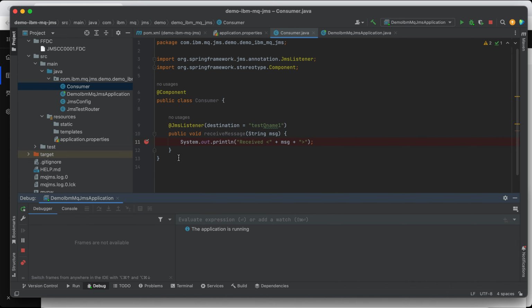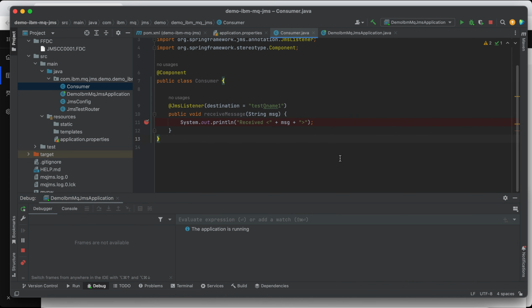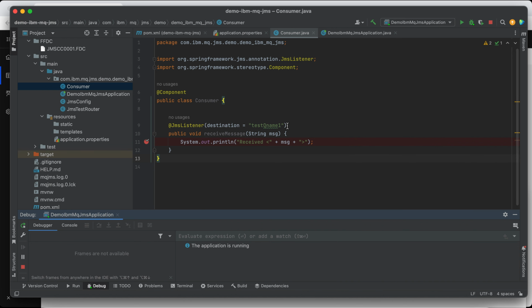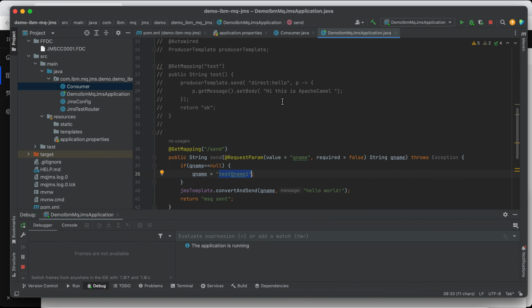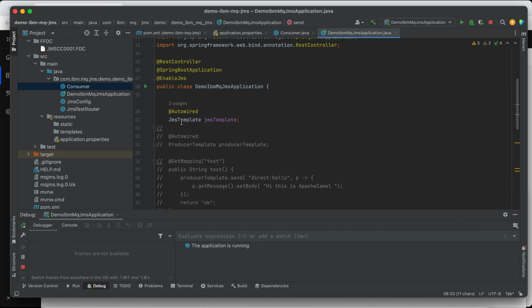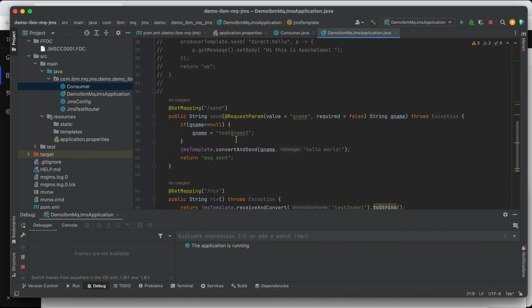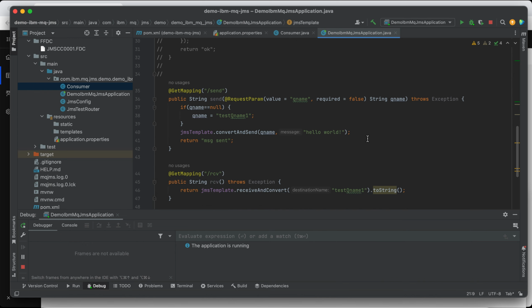All right. So the next part of this demo is to use Apache Camel. Now it's clear to us how to use JMS template to send messages to our broker, which is IBM MQ, and receive messages from the same broker.